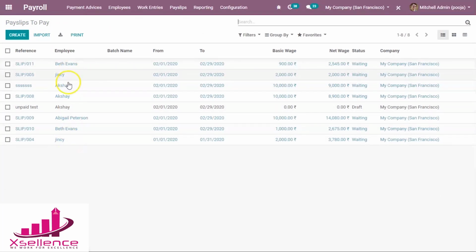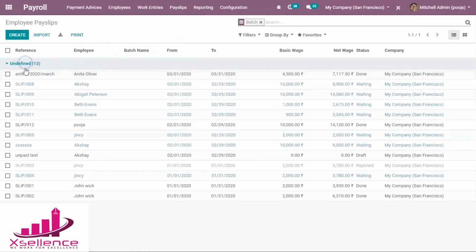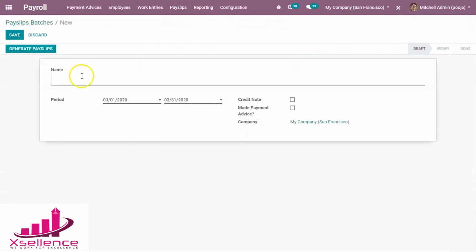You can see under payslip, all payslips, Andina's status is done, and a basic wage can be seen, and from which date also can be seen. Then batches, we can also generate payslips as batches.